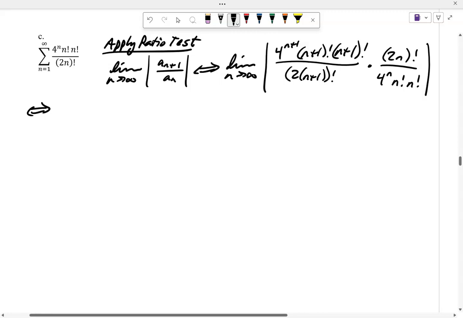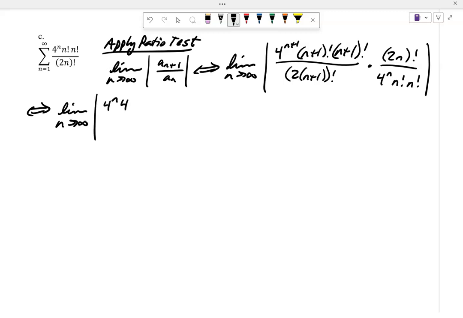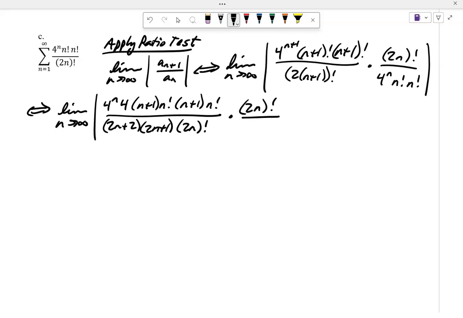All right, started the ratio test on this one. Multiply by the reciprocal there. So I got 4 to the n, I got a 4. I got (n+1) factorial, so I'm going to write that as (n+1) n factorial, (n+1) n factorial. Here I've got 2n plus 2, so I'm going to write that as (2n+2)(2n+1), and then the 2n factorial. Let's start canceling. N factorial, n factorial, n factorial, n factorial, 2n factorial,